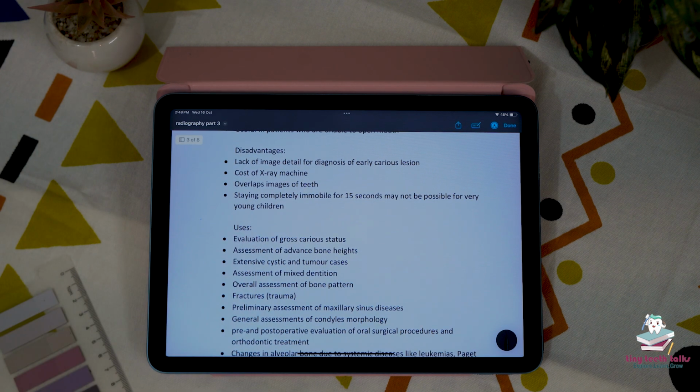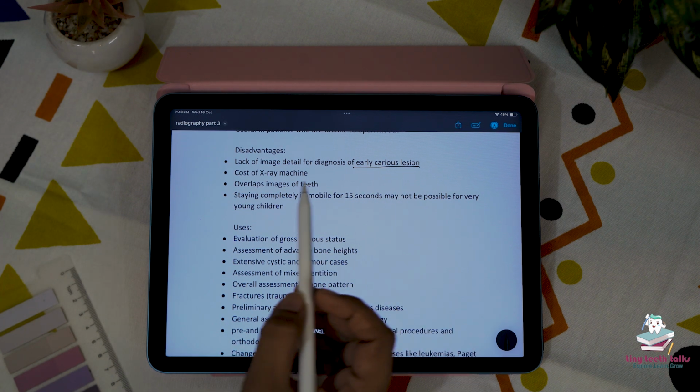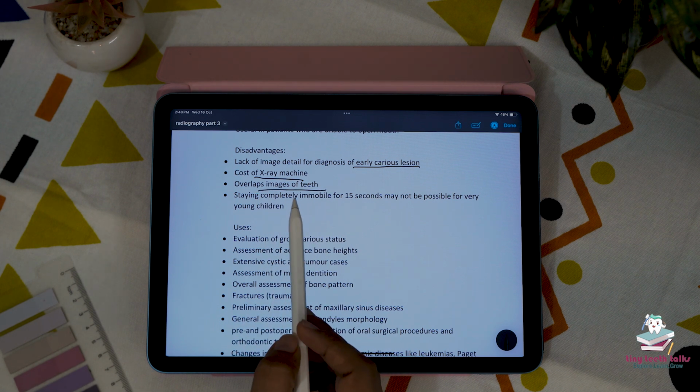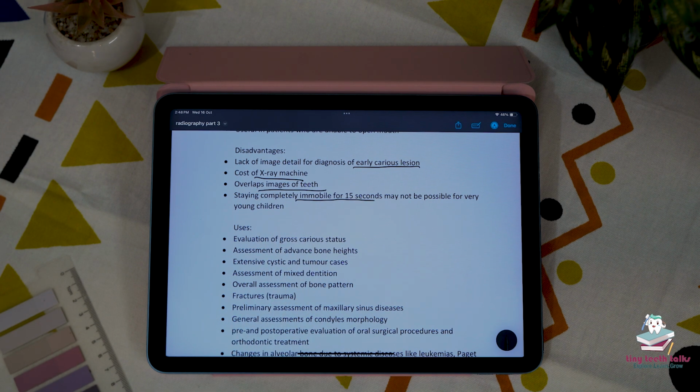But there are disadvantages. The first is a lack of image detail for the diagnosis of early carious lesions. Cost of the X-ray machine, overlapping images of the teeth, and staying completely immobile for 15 seconds may not be possible for very young children. Coming to the uses, it is used for the evaluation of gross carious status,